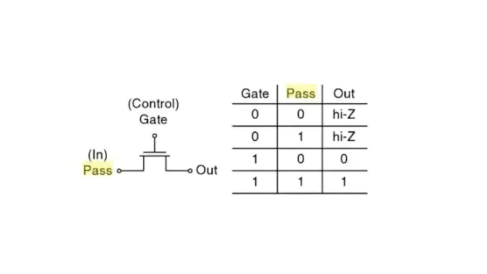The left part of the MOSFET is going to be the input, which is denoted by N in. The control will be done using the gate, which is given to the gate terminal, and then we get the output at the right hand side. One thing we have to note here is that as long as the gate is 1, the input will be given to the output. As long as the gate is 0, then irrespective of whatever we give to the input, the output is going